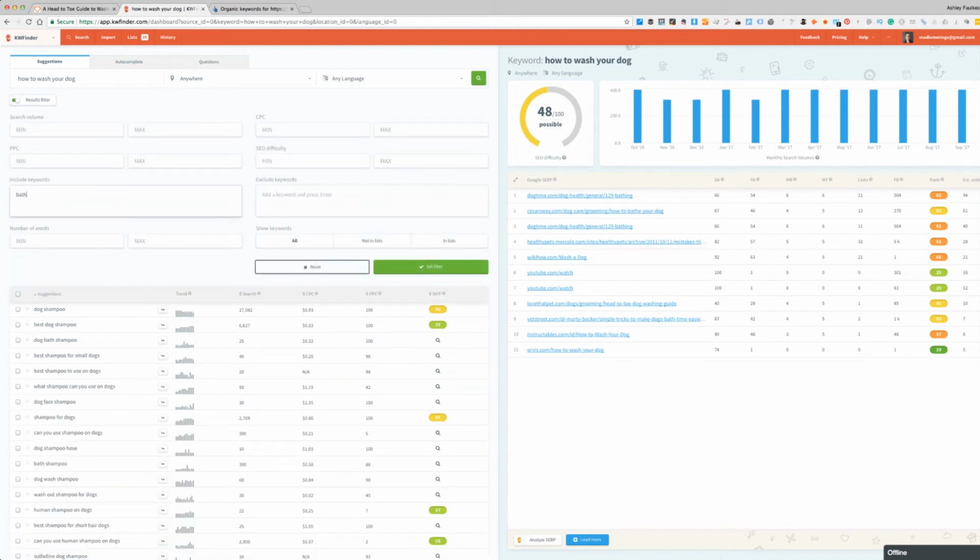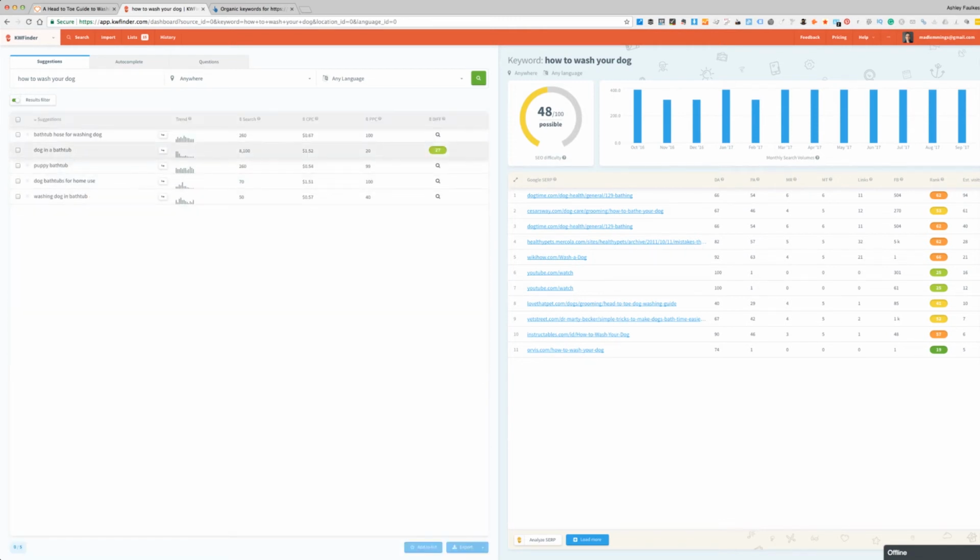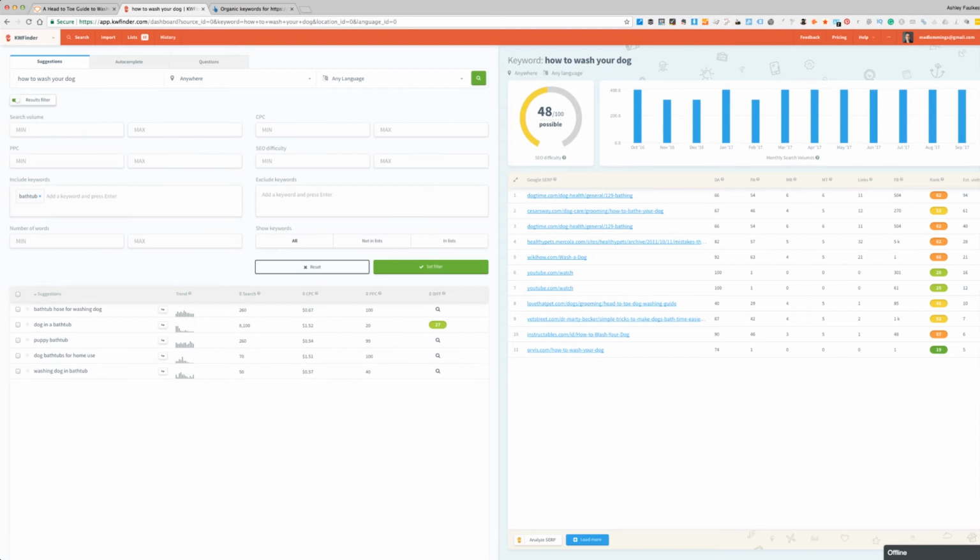Bathtub, you want to see if that's included in here. That's probably in here somewhere. Whether to use a bathtub or whether to do it outside with the hose. All of these kinds of things you can just sort of scroll through. And actually, I must admit, Keyword Planner is better at grouping keywords into groups, ad groups. So it's not bad to actually use Keyword Planner as well.